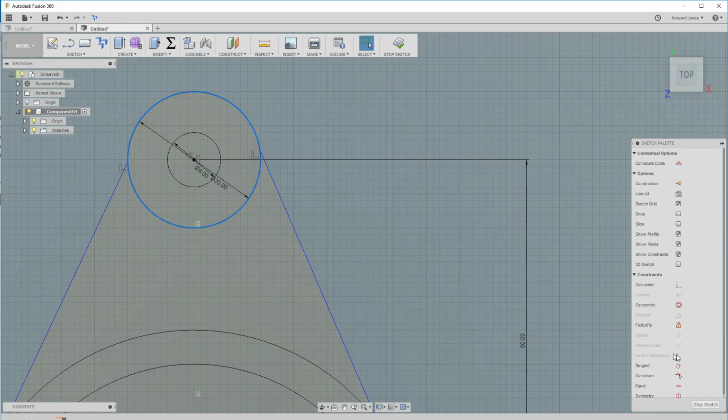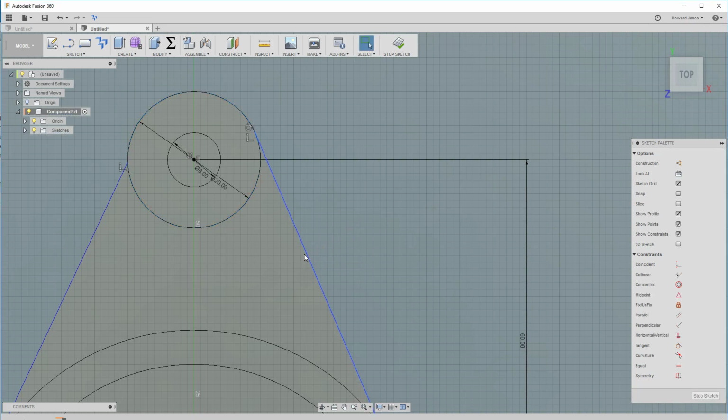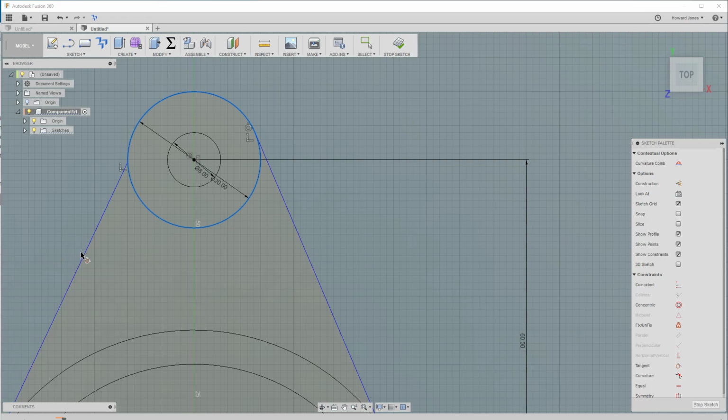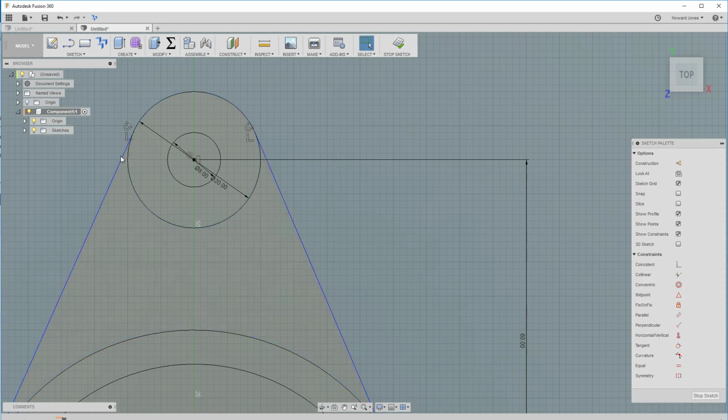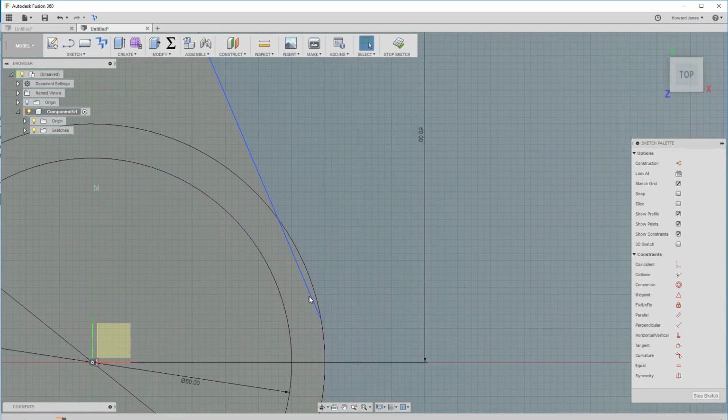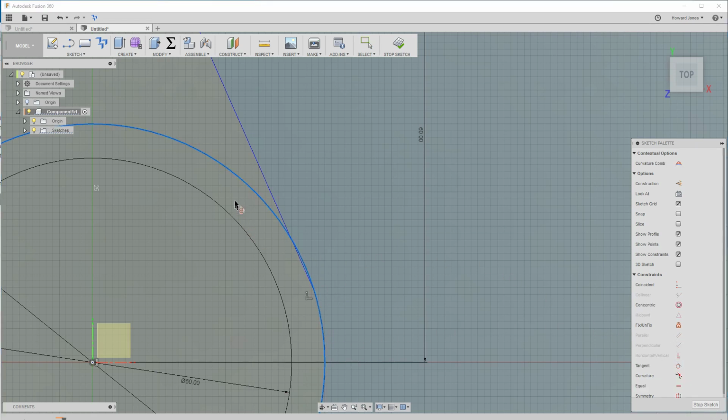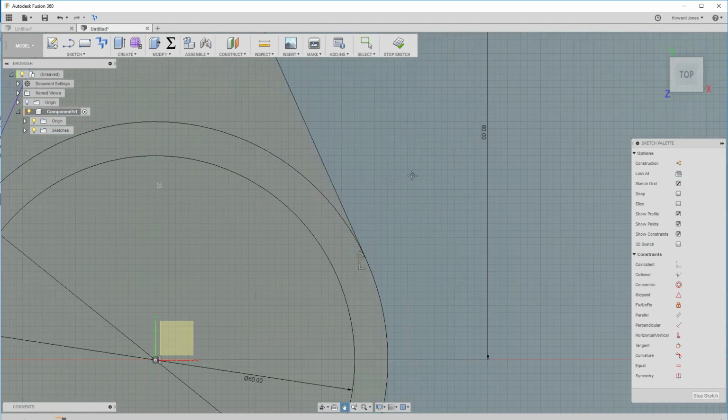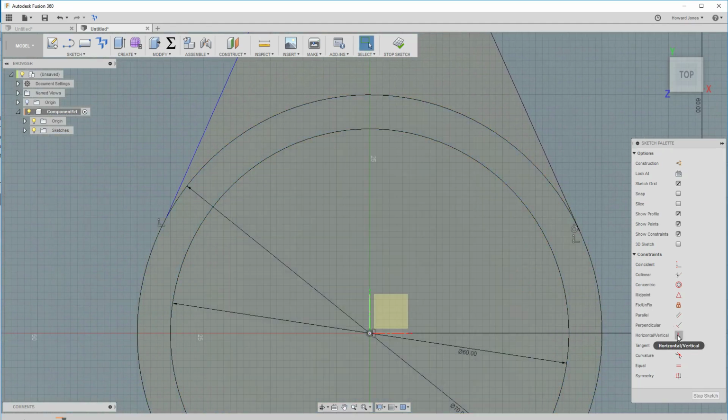So you pick the circle, choose tangent over here, and then the line, and now that makes a nice smooth join there. We can do the same, circle, tangent, line, and now that one's nice and smooth. This is still a bit weird, and it still lets you move it, which you don't really want it to do. So circle, tangent, line, and the last one,